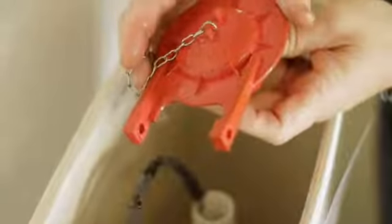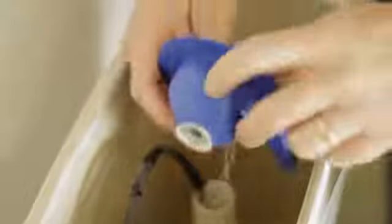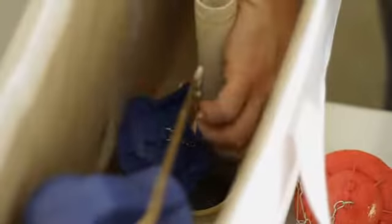Now, flappers come in different shapes, sizes, varieties. Bring this down, we'll match it up. Next, take your new one, slide it down into place. Reinstall those two rubber ears over the top of the hard plastic ears of the flush valve,